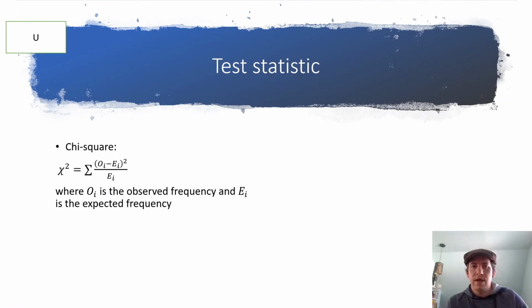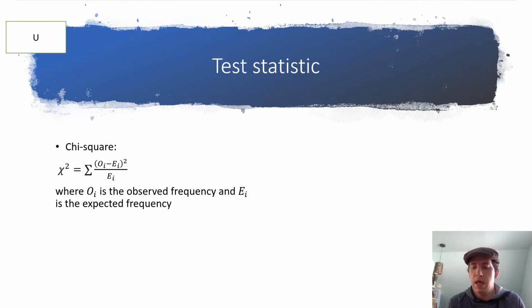So the way that the chi-square test works is just like the hypothesis tests that we talked about in the past. We're going to get a test statistic. The test statistic for a chi-square test is called chi-square. What we're going to do is make some observation. In this case, we're going to roll a die, but in any situation, you're going to run that experiment, and you're going to have observed frequencies, and you're going to compare that to expected frequencies. So, for instance, if I rolled this die over and over and over again, say I rolled it